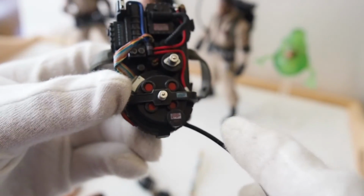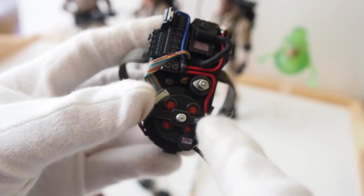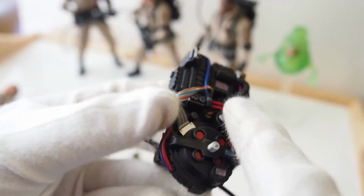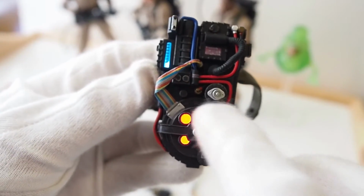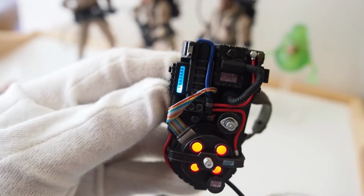And the button, I was so surprised that this thing has a light feature. So this is the button right here. When you press it, you can see it lights up these 4 dots there, and then it tells you how much energy is left on this Proton Pack. And then the beam itself, you can see the gun itself has a